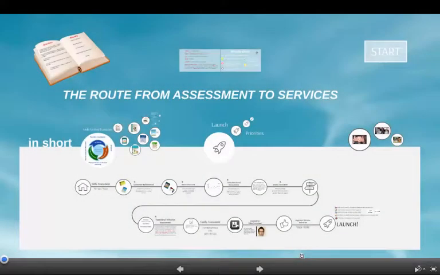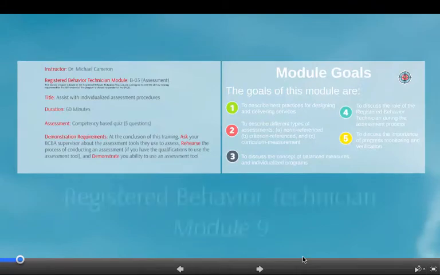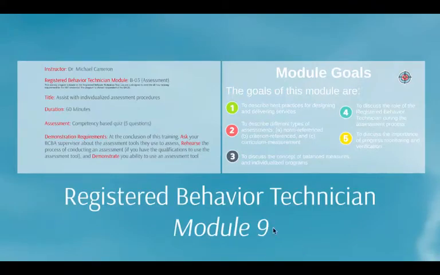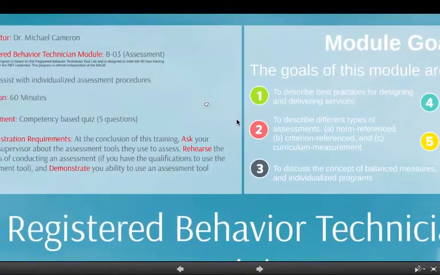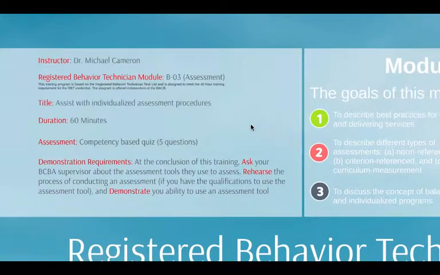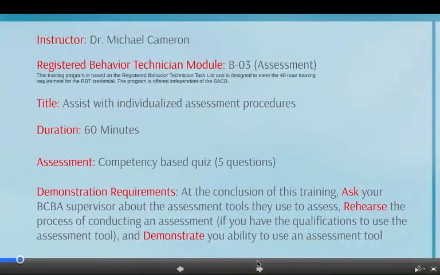This is Dr. Michael Cameron, and this is the Registered Behavior Technician module number 9. The specific strand that this module is connected to is the Registered Behavior Technician task list item B03, which is for assessment. And just a reminder, this training program is based on the Registered Behavior Technician task list, and it's